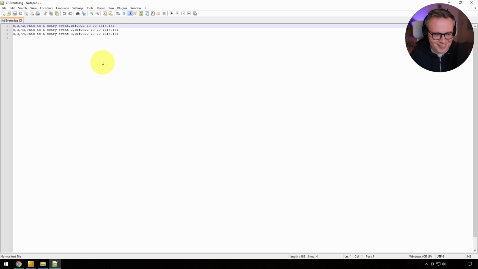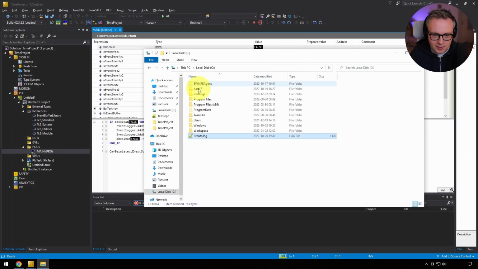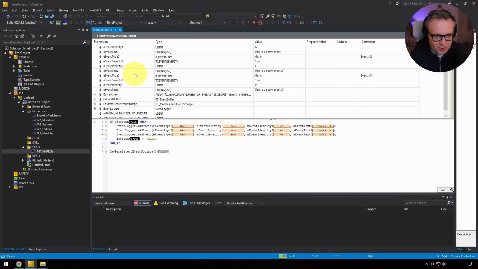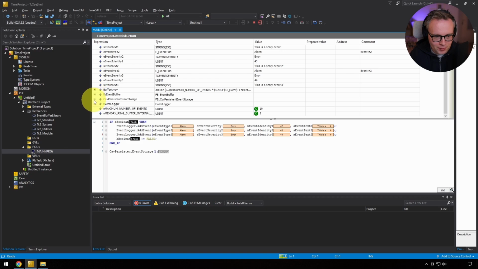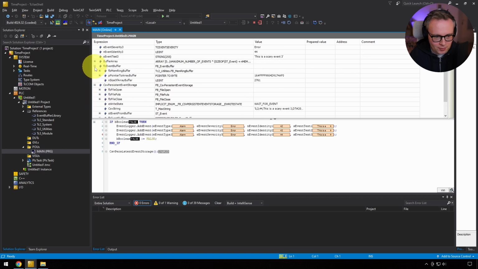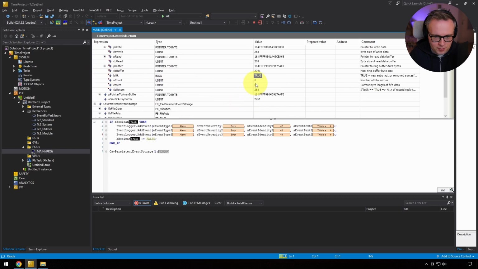The power of test-driven development. It's really amazing. It works. And if we do an online login, we will probably see that the event buffer is now empty. So event buffer, this guy should say 0 here. The count is 0. Yeah.